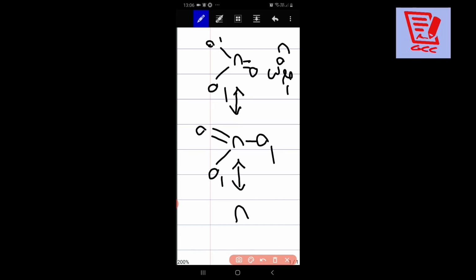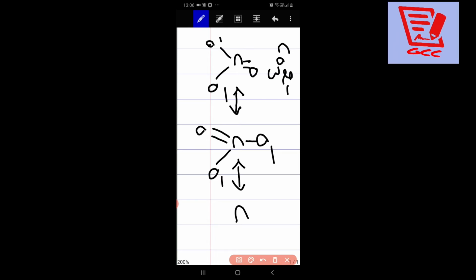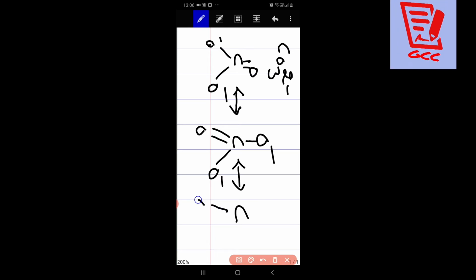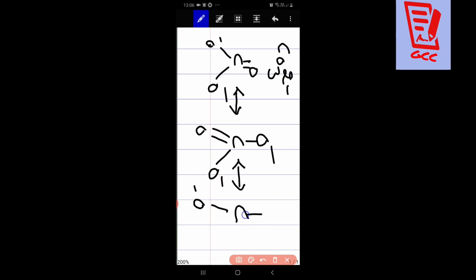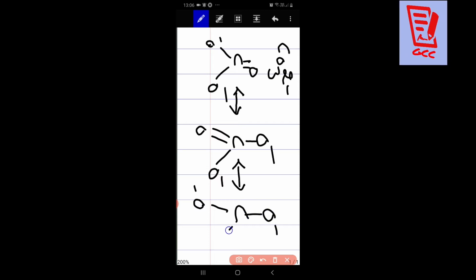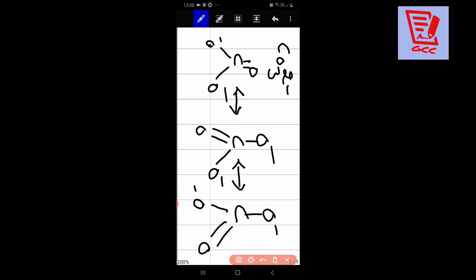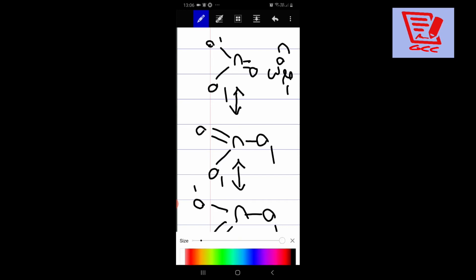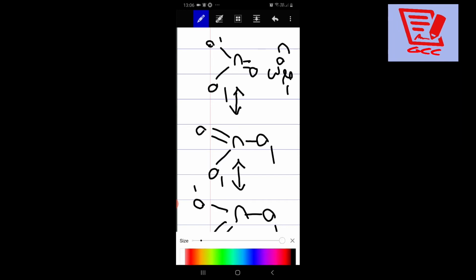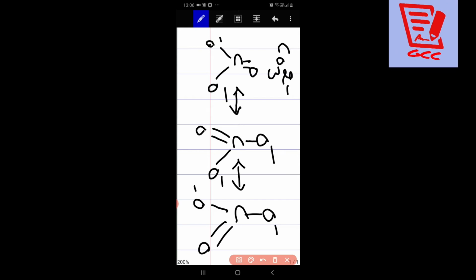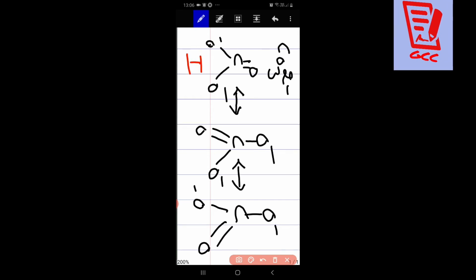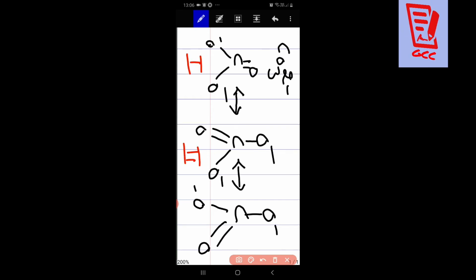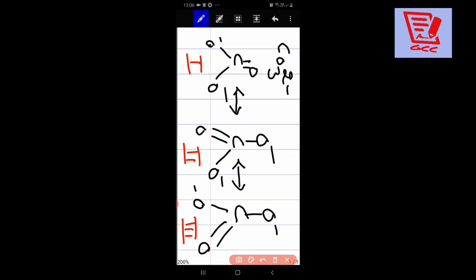See it very carefully. What we can do is this: here it is a negative charge, here it is a negative charge, and there can be a double bond like this. Now you see, all of you, what can we say? We can say this is the first resonating structure, this is the second resonating structure, and this is the third resonating structure. Did you understand what I said? And these are also called canonical structures. What do you call them?